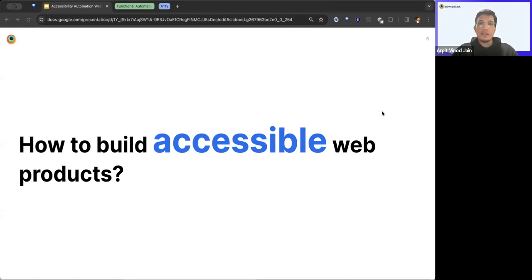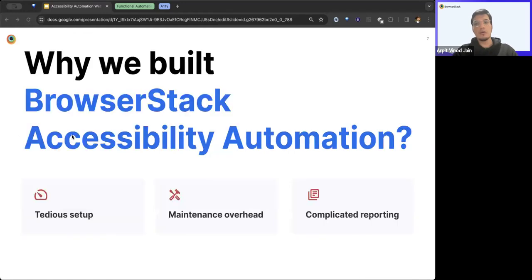Now, with that quick overview, we would like to discuss in detail our newest product in the suite, accessibility automation, for which I will hand it over to Dhwani. We'll go over some of the key problems that our product is solving. Dhwani, over to you. So before we talk about the accessibility automation tool, we want to cover